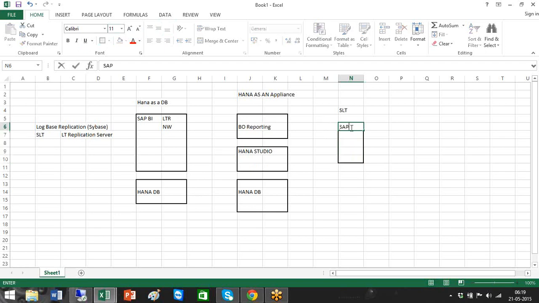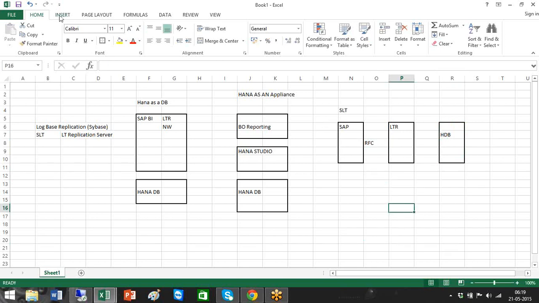So let us say they have an SAP box here, and they have the LTR server, and they have the HANA target database. What they will do, using RFC connections, they will communicate with